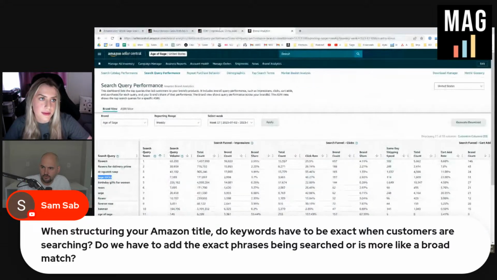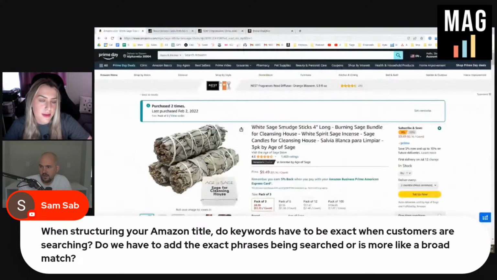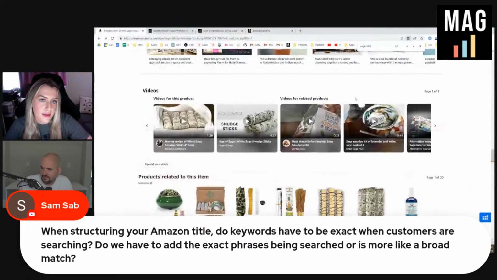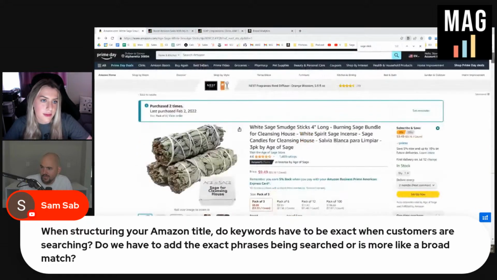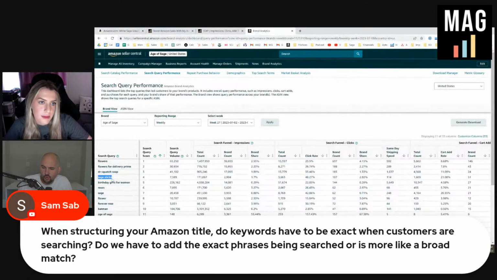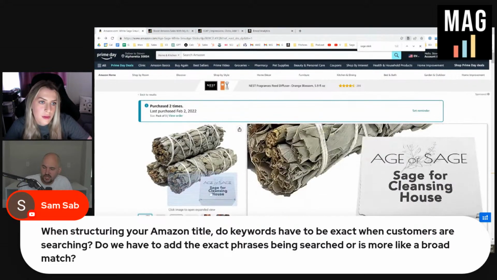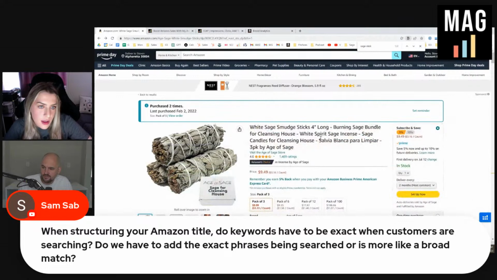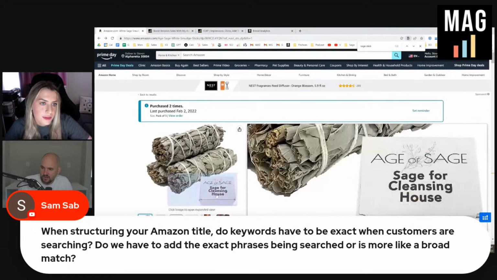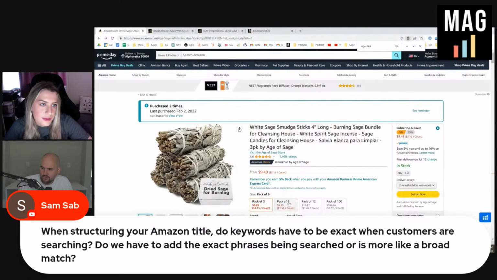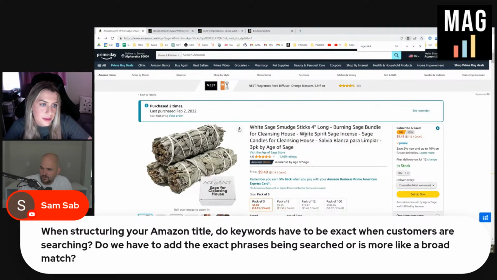And so if we go over to the listing, I do have an exact match somewhere on the listing, but not in the title. So if I wanted to increase my brand analytics score, my market share score, my impression count, the I out of the ICAP, I would need to get an exact match for Sage Sticks in the title, or potentially change one of the phrases on the listing. So that's on the listing image like this.